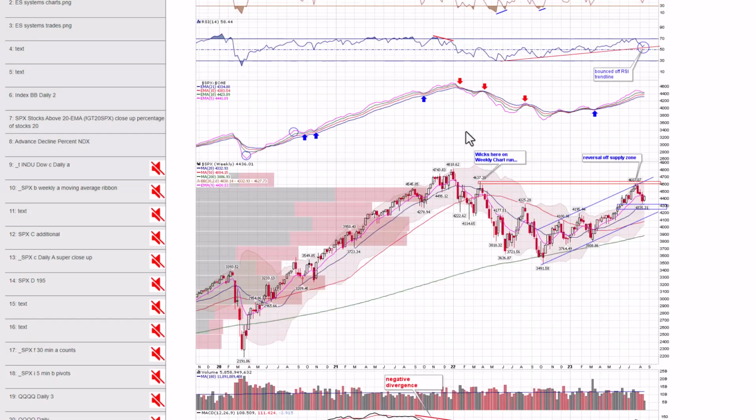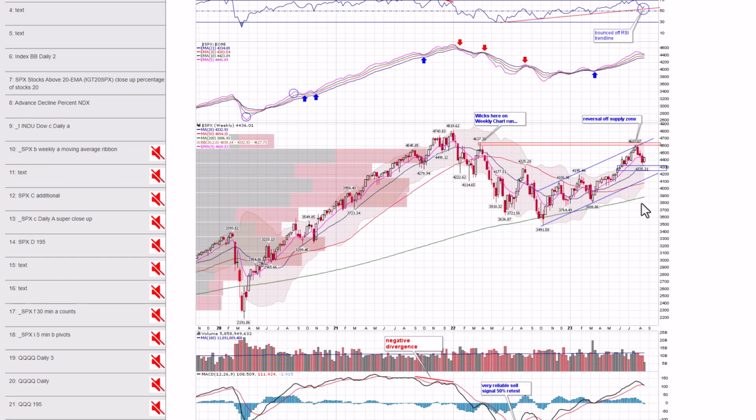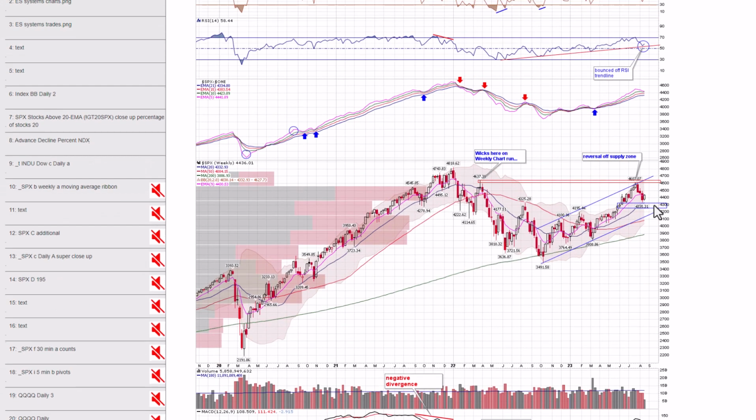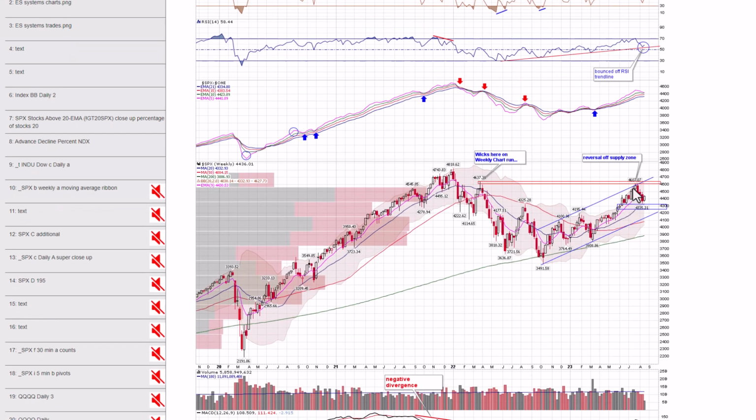Next, let's move to our proxy, which is the S&P 500. Here's the weekly view of the S&P. Again, as you know, the S&P late last month got up at the upper channel that we had here, and this resistance area was just absolutely perfect area for a pullback. And you had the RSI divergence, and furthermore, you were coming into weak seasonality, which was August. We were looking for a correction in August, and we've gotten it. And you can see so far, S&P came down, it tested this demand zone, and has bounced off of it.